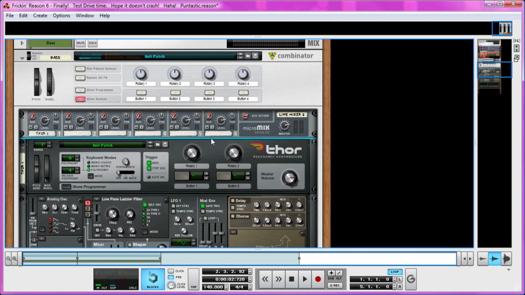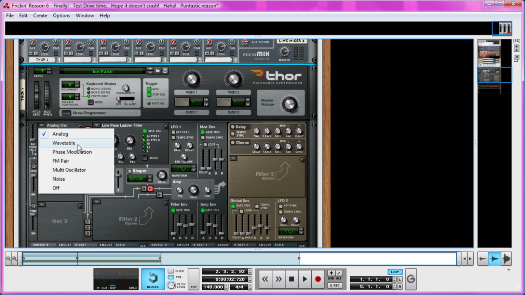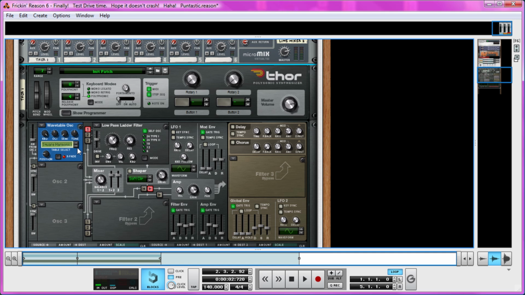But here's our Thor instance, which we're going to use as a kind of basis. And basis? Haha, puntastic. So our wavetable, we're going to find ourselves... Ooh, smooth. Not at all what we want though. Random Science is quite good if I remember correctly. If we get rid of the filter,